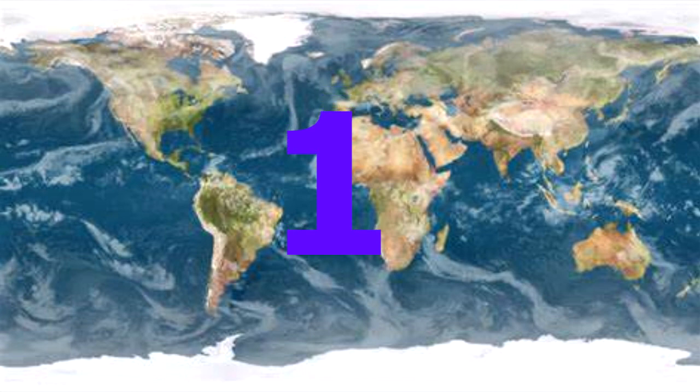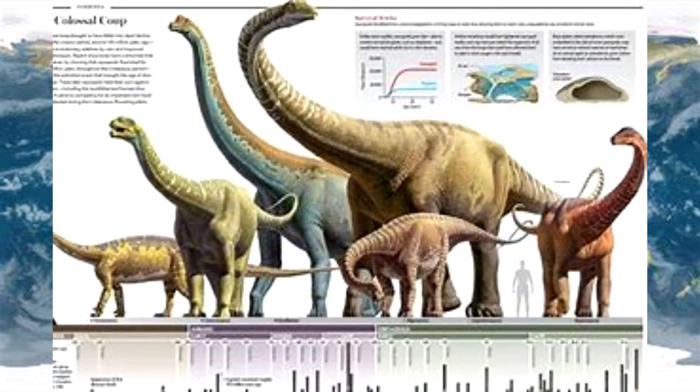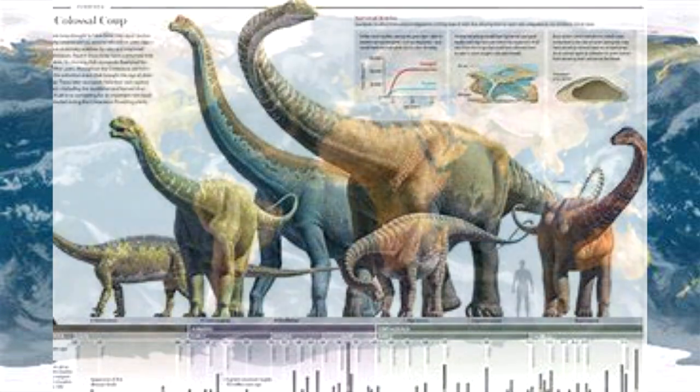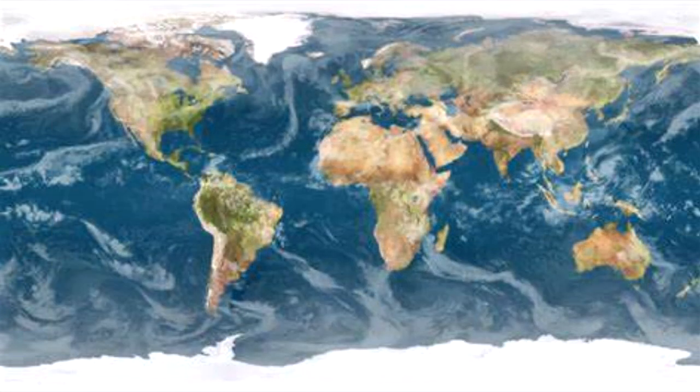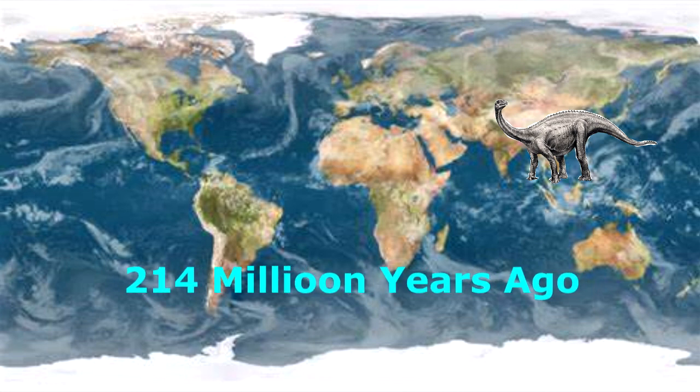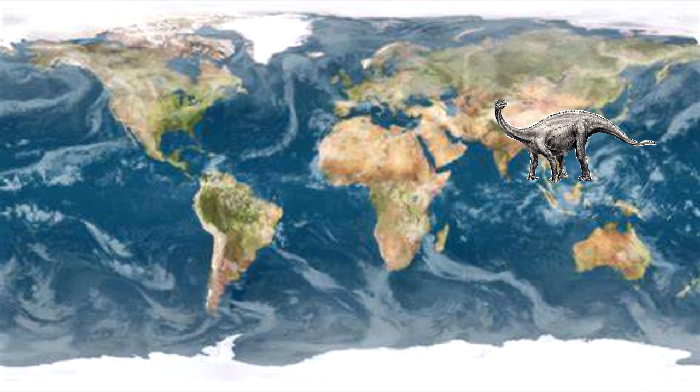Number 1. The Sauropods. These dinosaurs are one of the biggest and most successful invasive species on this list. And why is that? Well, hold on to your seatbelts, everyone, because it's going to be a wild ride. The first sauropod was called Ixonosaurus. This sauropod lived around 214 million years ago, around the late Triassic period, and it lived in Thailand.